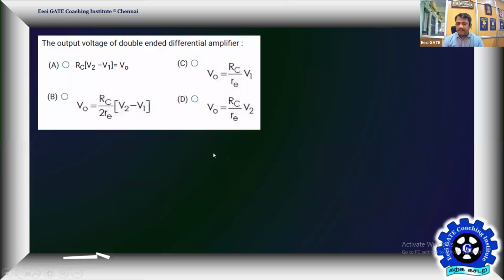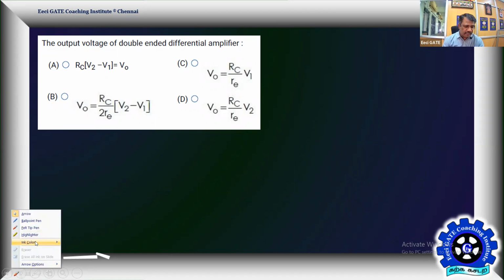Yes, now let us get into the next problem from analog electronics. This stuff we already discussed once in 1 mark. I have given the complete picture of different amplifiers. There we discussed a single ended output. Now this is talking about a double ended difference amplifier, so the symbol of this is going to be like this. Let me start from scratch anyway.